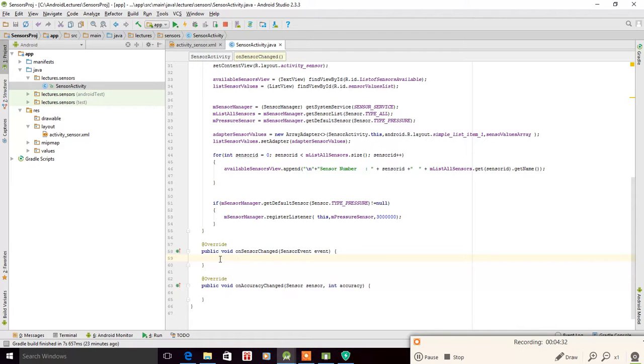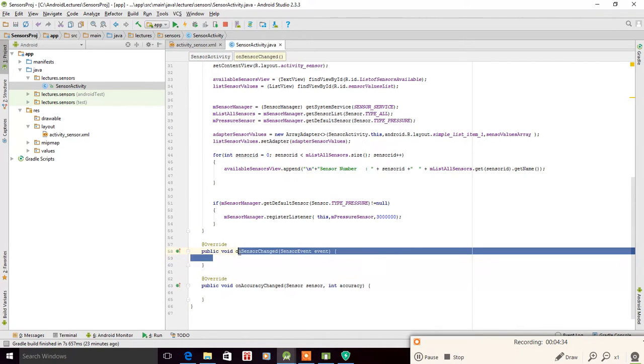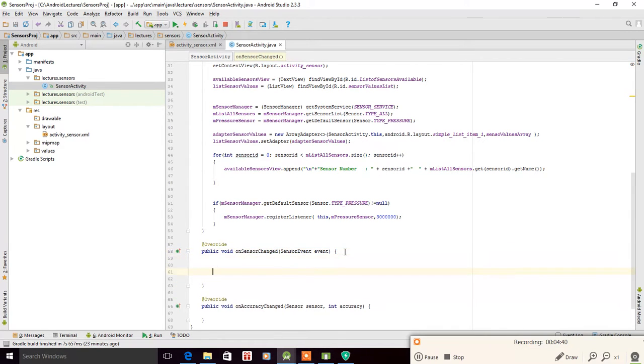Now in our onSensorChanged event, because when the value of the sensor changes, we can put the value of the sensor inside our list here. So we will just modify the code here. The value we will get will be a float value, float sensor value red is equal to